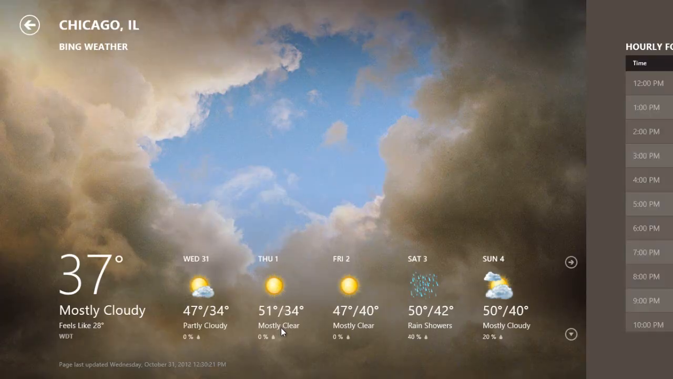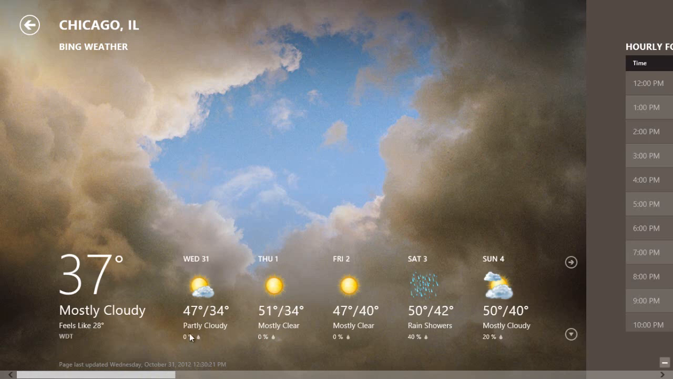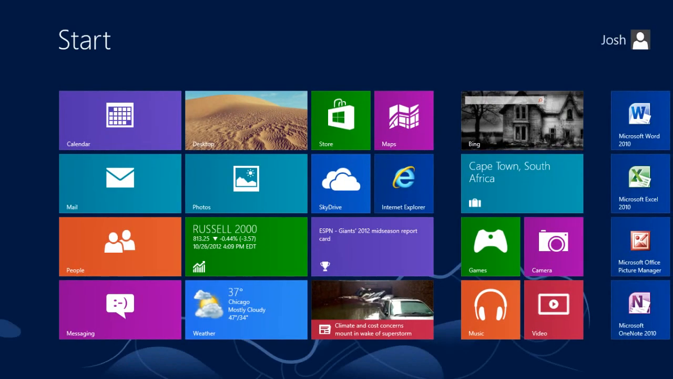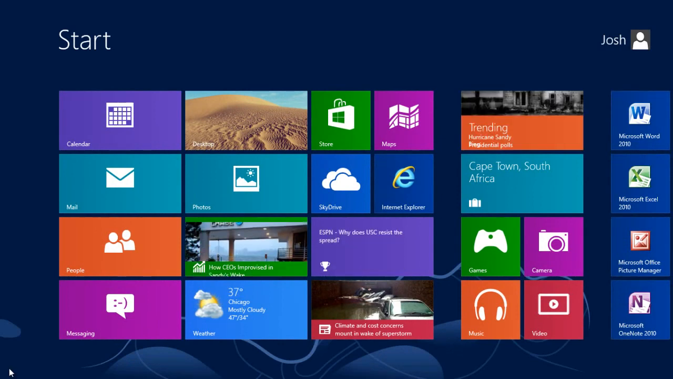Let it load. We can keep it running and go back to the Metro interface. Again, the lower corner, click. Let's say we want to check out the stock market. We can click on the stock market app, wait for it to load,